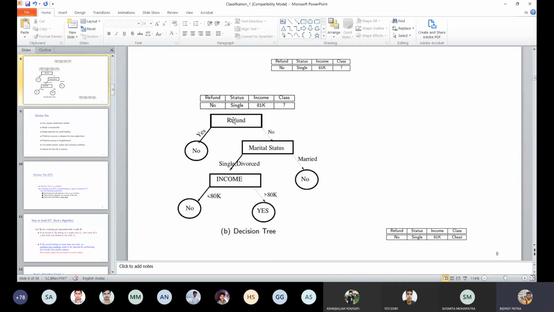If it is yes, it will go to the left side, otherwise the right side, and so on. So this branch represents the test outcome. And then the leaf node is nothing but the class level. It is coming from the class level, and the class level is cheat, yes or no. So therefore, the class level in the leaf node will be yes or no in this example.